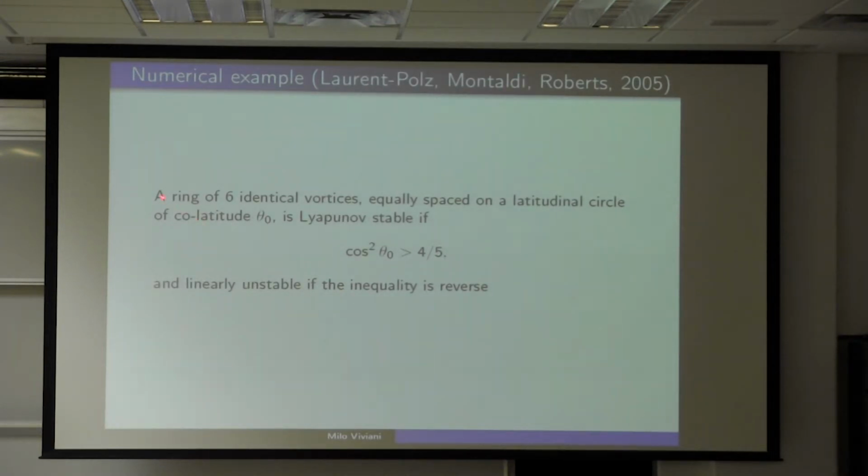So I tried this system here of 6 identical vortices equally spaced on a latitudinal circle, and the result of Laurent Paul, Montaldi, and Roberts is that this equilibrium is Lyapunov stable if this condition holds, where theta 0 is the colatitude of the latitudinal circle of vortices, and linearly unstable if the inequality is reversed. So now I have a small